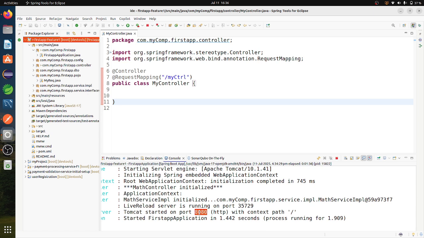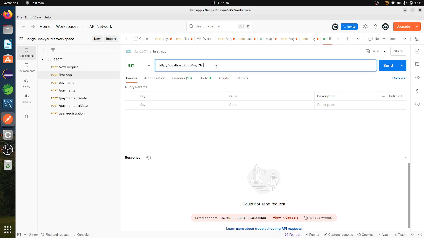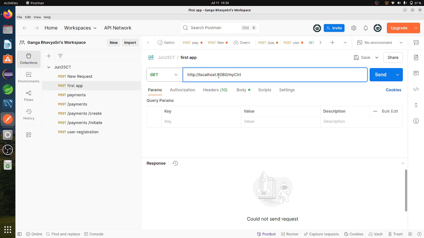Here port number will say on which server it is running. Server means maybe web application server or web server or application server. So by default it will take the Tomcat server, which is one of the web servers. So it is starting that Tomcat on the port number 8080. Tomcat will by default start on 8080. So it is starting on 8080 port, the same port number that we have to take. If you want, you can change that port number also. So I have taken that port number.